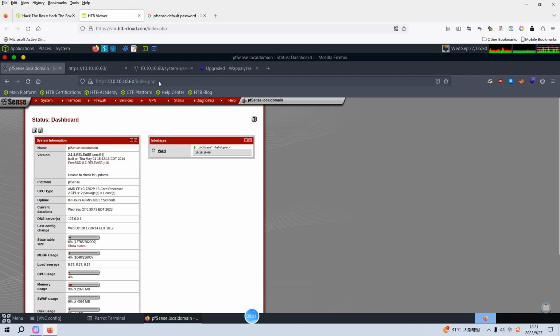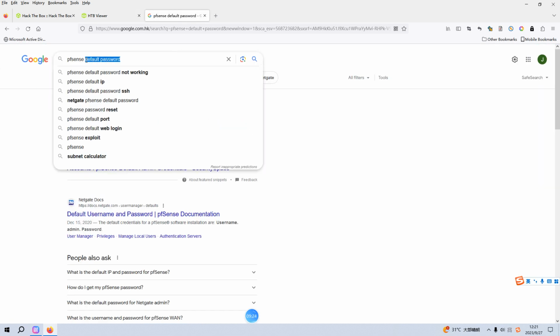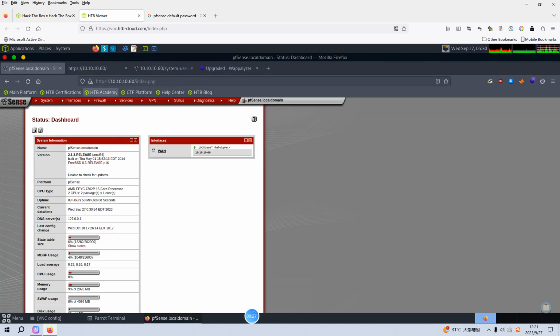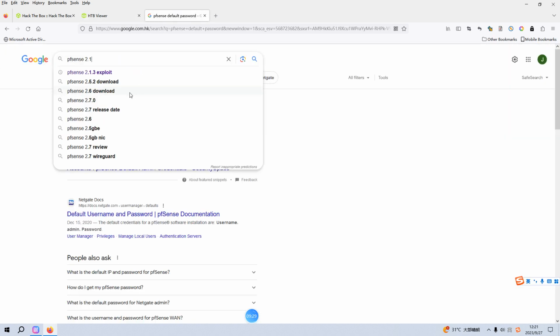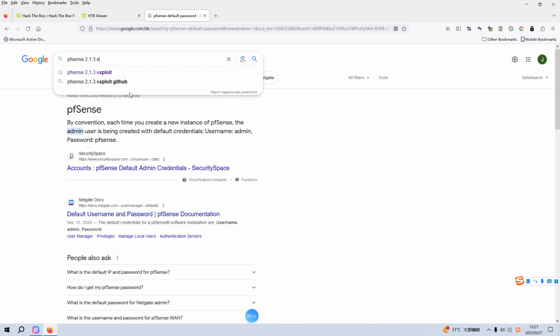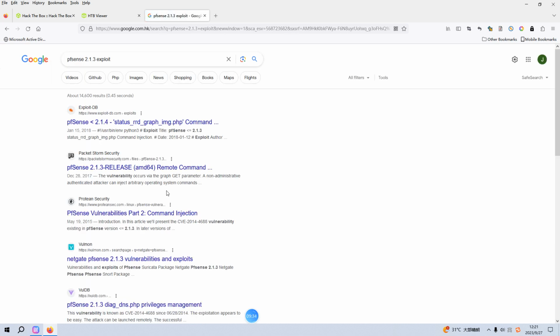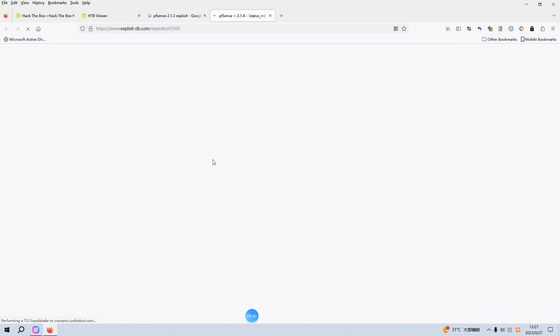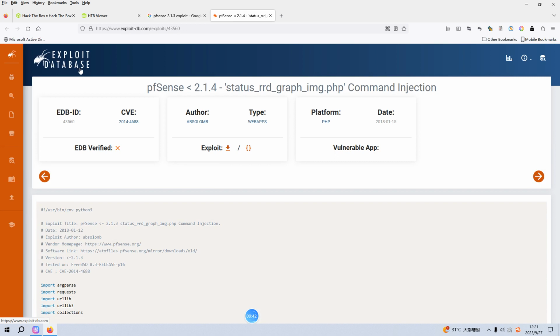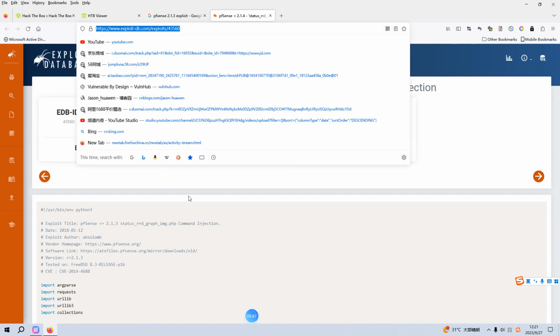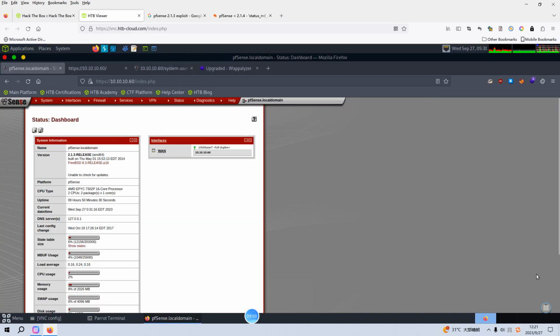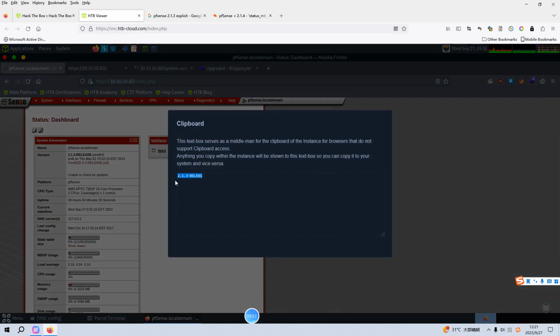We can make a copy, so we can do research. The version is 2.3 exploit. Now we can get the exploit from the exploit database, and we can copy the link and go back to our viewer, and paste it in here. I need to use the clipboard as my bridge, and now we can